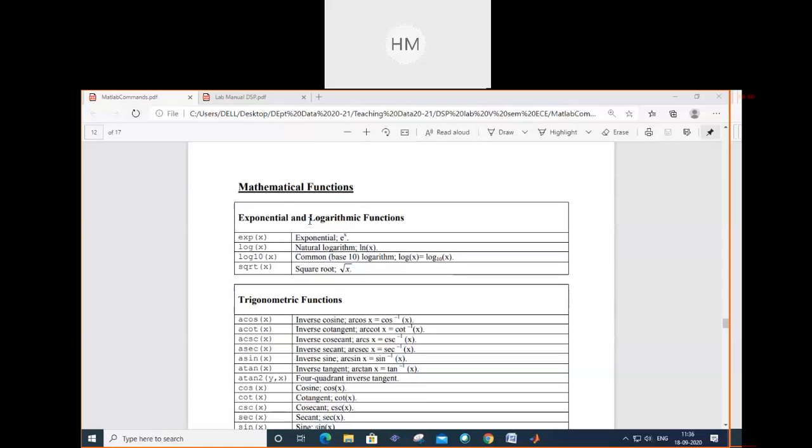Exponential and logarithmic functions: exp, log x, natural log, log x to the base 10, and square root x. You all know there are so many endless commands, so no one can remember them all. Only an expert working on MATLAB for 10 years can remember these functions.